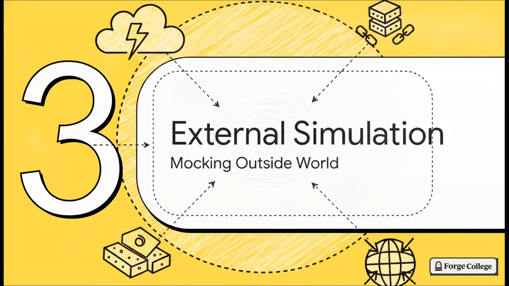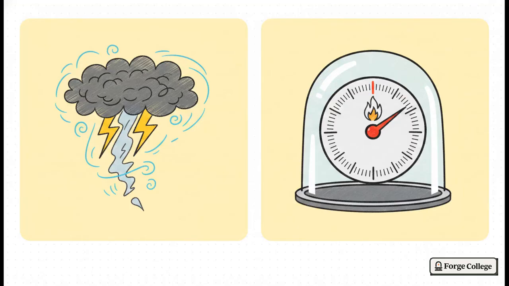All right, Section 3, External Simulation, mocking the outside world. This is the point where we safely take fake external elements and drop them right into our isolated vacuum to see how our engine reacts. A real Oracle? Well, it's flaky. It's out there on the live network, it's updating constantly, returning unpredictable data. A mock Oracle, though, is a completely controlled, static, deterministic account that we just inject directly into our test harness